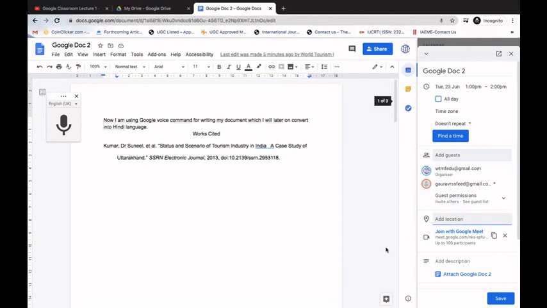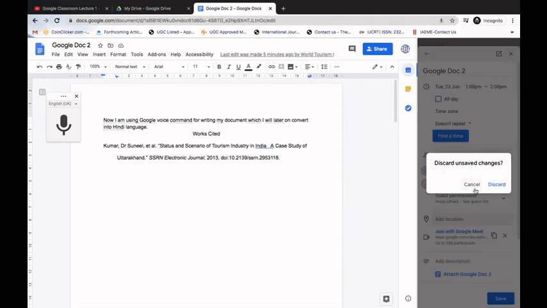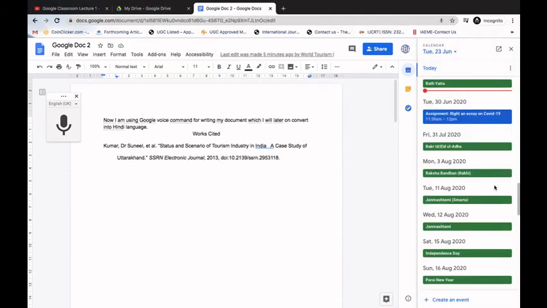And suppose you wanted to use this document in your specific meeting, so you can use this document in your Google Meet, and you have to press save. Okay, that's how to add this document into your calendar. So I'll just discard this information. Okay, now